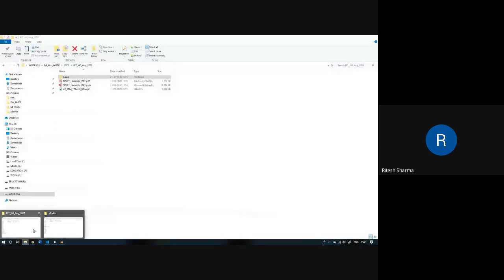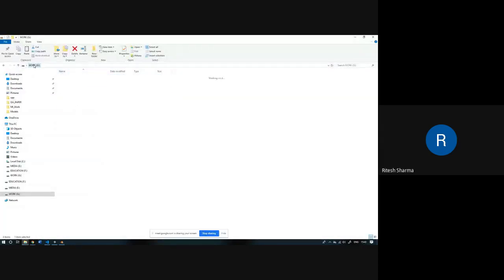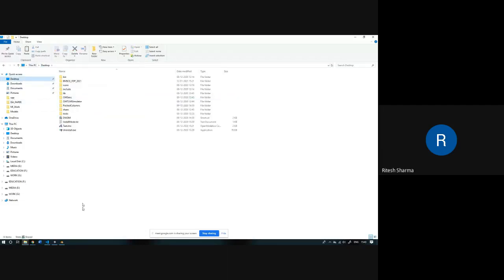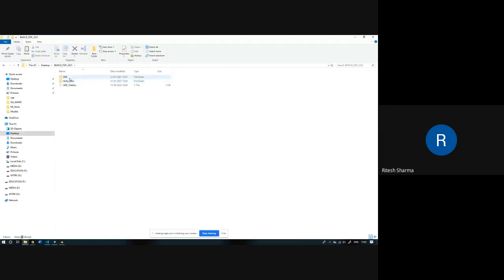After that, wherever you store it, for example, if you store it on desktop, from desktop just right click, copy it, and paste it wherever you have created your Unity project. For example, I created it on desktop inside this folder. My Unity project name is bouncing ball.